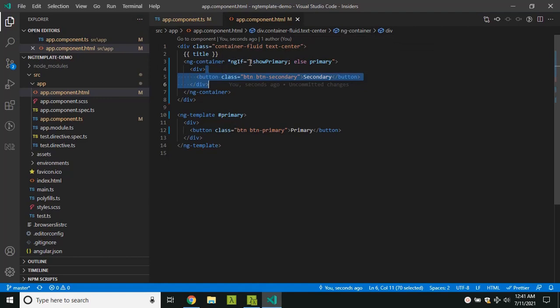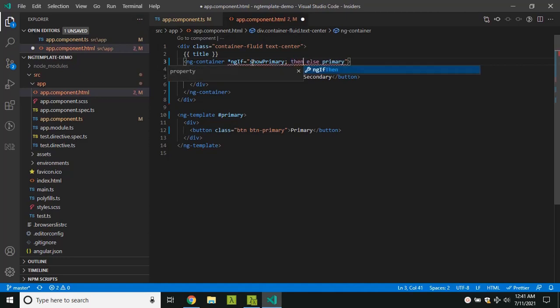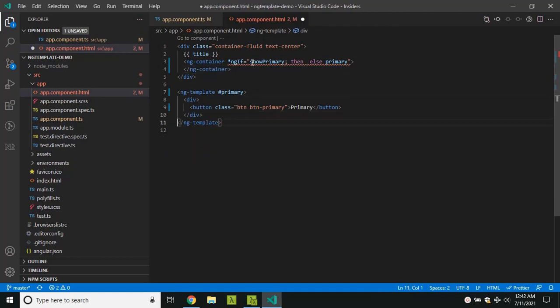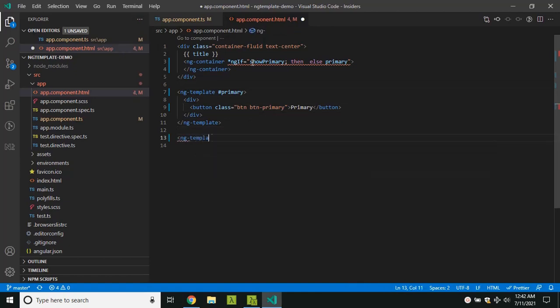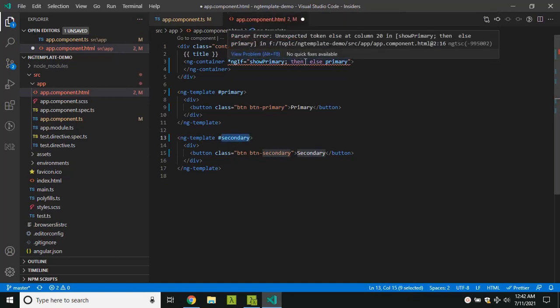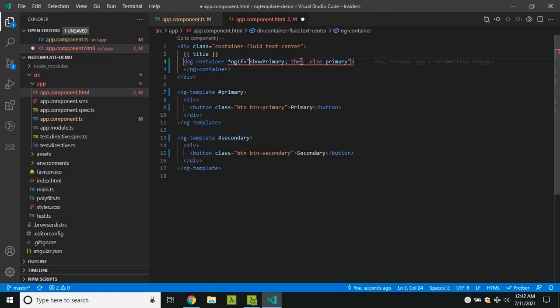So we can make this more readable. There is another syntax. Here we can move this outside the secondary div or the button, and here we can add an ng-template, and inside that I am putting the secondary, and I am adding a secondary variable, and let me toggle.